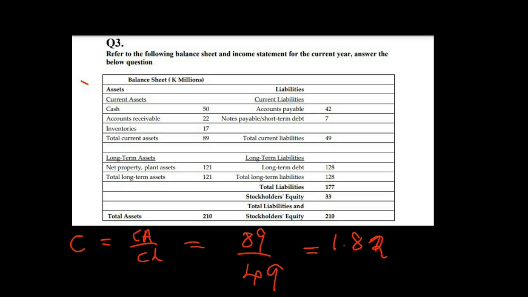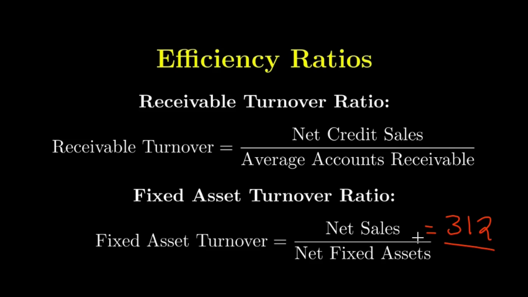We divide by the net fixed assets. When we talk about the net fixed assets, we're talking about the balance sheet, because this is where we get the assets and liabilities. So we go from the income statement to the balance sheet, and then we look at the net long-term fixed assets. I've got net property, plant assets here, which is 121. So total long-term assets from this is 121. So we're going to divide the total sales 312 by